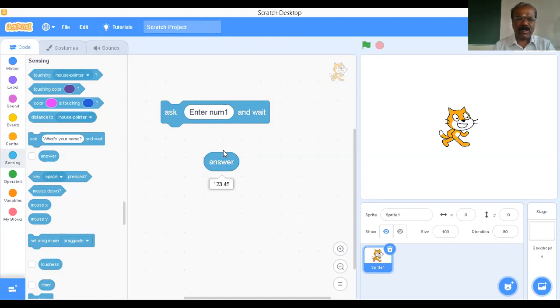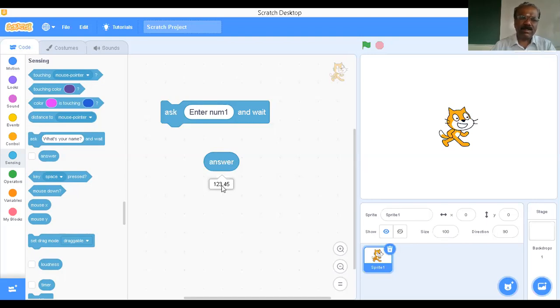Now this is the way of getting the data from the input device. Either it may be a character, or a string, or a whole number like an integer, or a fraction, which is also called a floating point number. With the help of this block, we can perform two jobs. It displays the message and keeps waiting. Then depending upon your requirement, you can input the data from the keyboard. After inputting, press enter, and that information goes to answer.